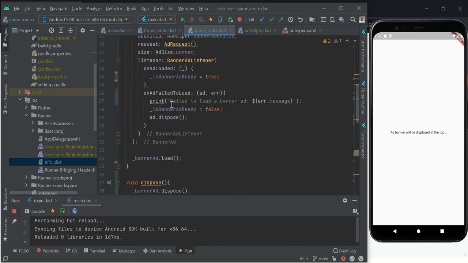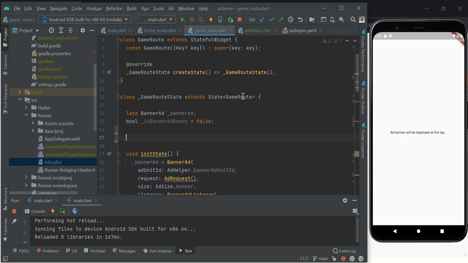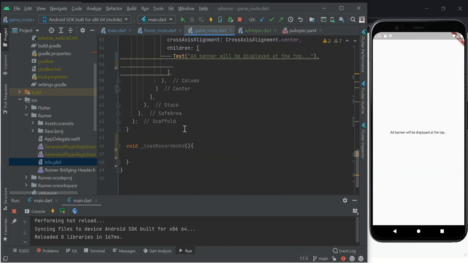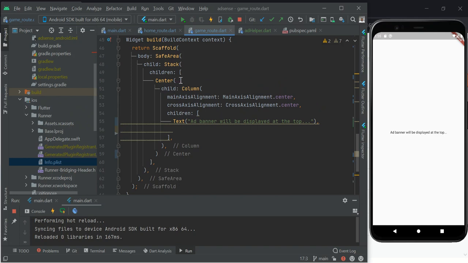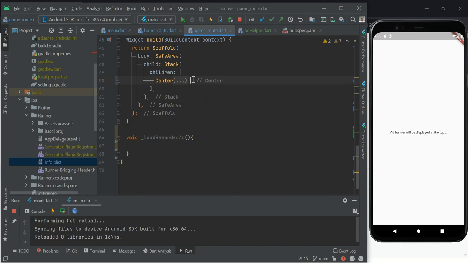So with this rewarded ADs, what do we want to do? First of all, we want to initialize our rewarded AD here. This is for banner. Oh, sorry, I've not added the banner widget for this. I've not added the banner. Sorry, that's why it's not showing. I needed to add the banners and position it at the top here before you can be able to view the banner. So let's quickly go ahead and inside our stack, after this center widget, we want to add now